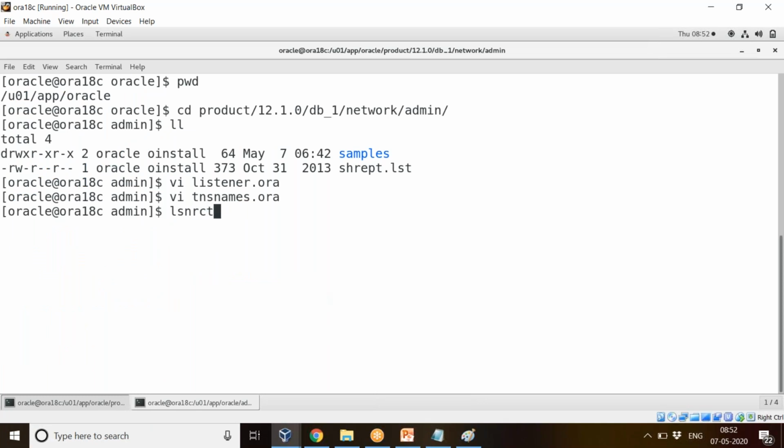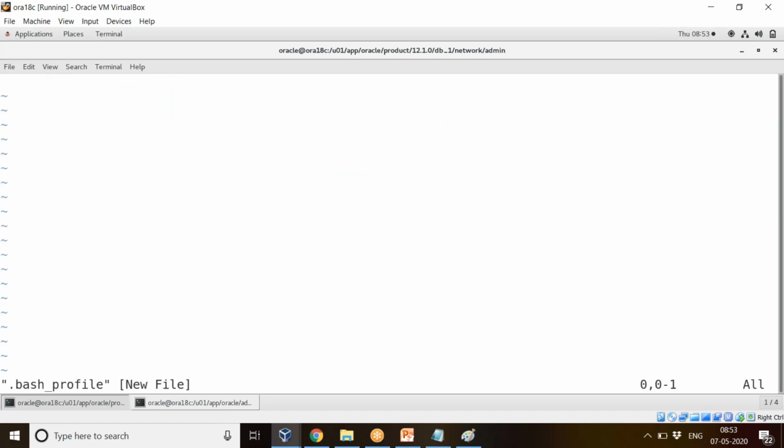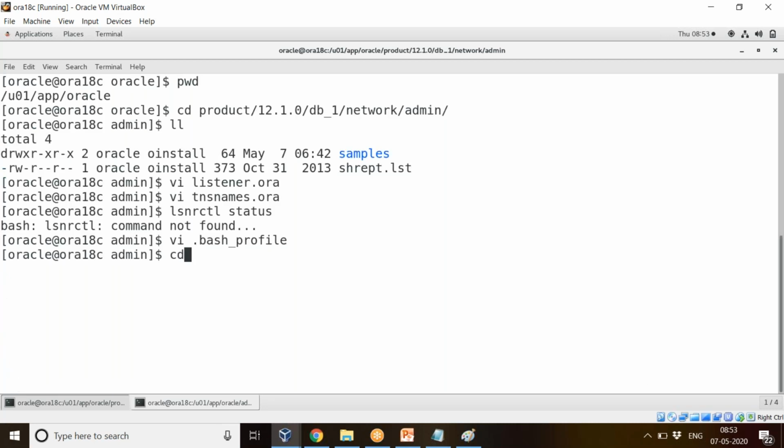See, lsnrctl status first I'll check. So why is it showing command not found? Because my bash profile is not yet set. Okay, we'll check. It should be under this directory only, my bash profile.